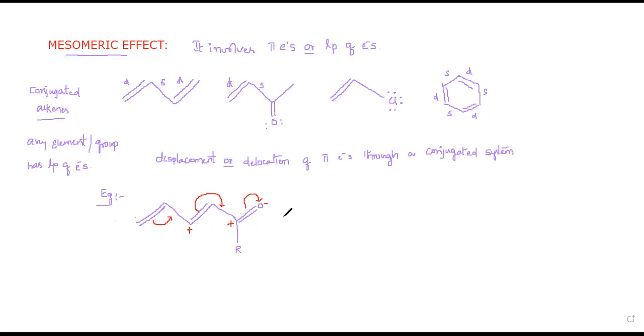Let me see the charges with their resonating structures, using the same color representation. I will represent single bond, single bond, single bond, single bond, and a single-bonded oxygen. This oxygen has a negative charge, right? And the double bond that was previously here comes here, so we have a double bond here right now.